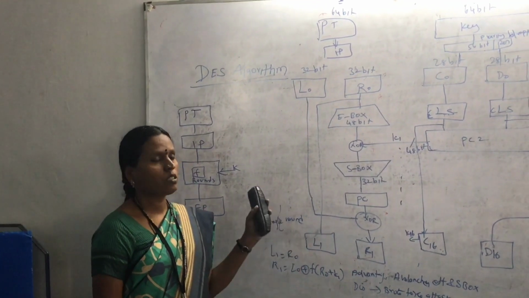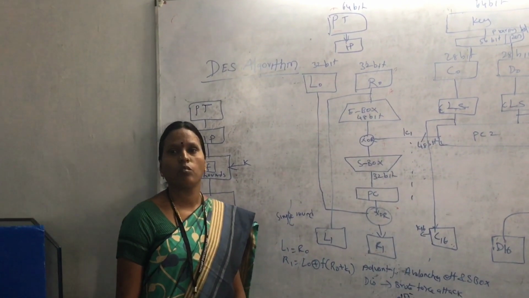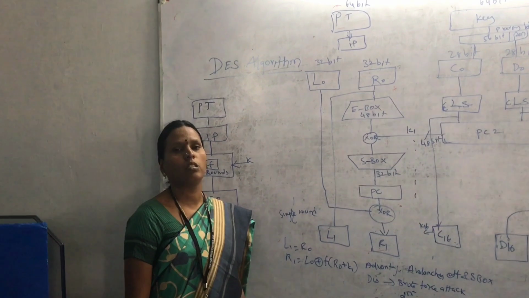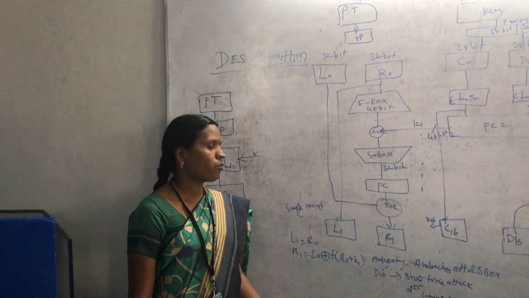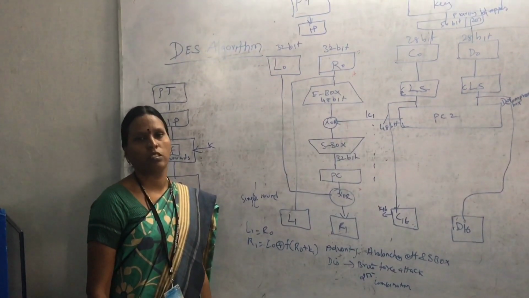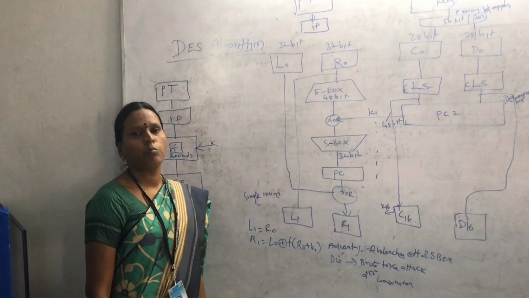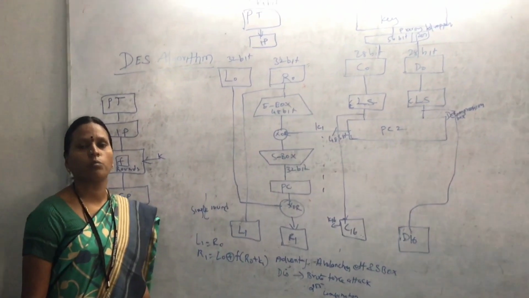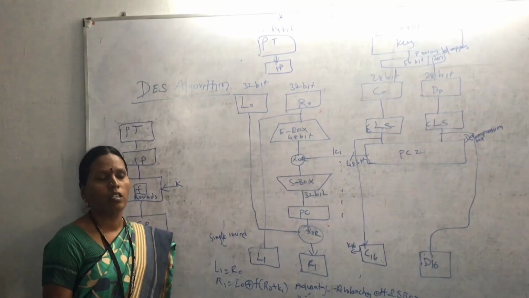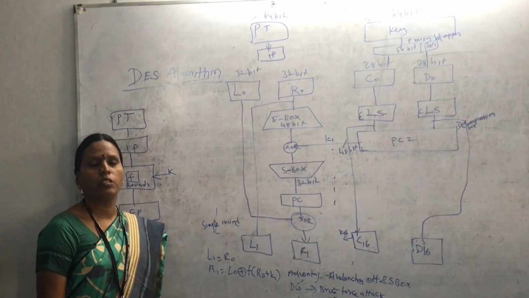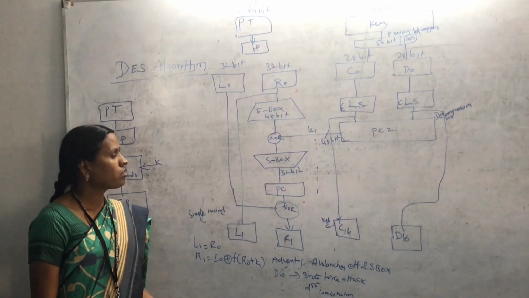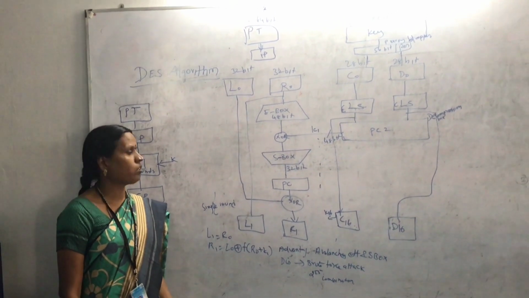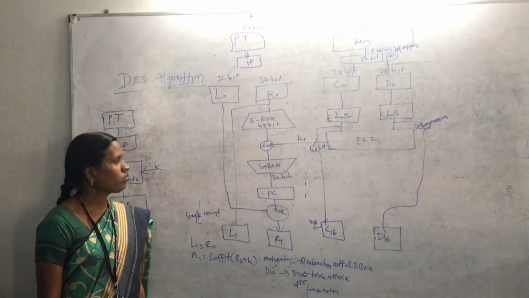There are two types of mechanism used in cryptography techniques. One is the stream cipher and the other is the block cipher. In the stream cipher mechanism, messages are encrypted and decrypted character by character, but in the block cipher mechanism, messages are encrypted and decrypted block-wise. The block size may be 32, 48, 64 bits, etc., according to the algorithm we are using.